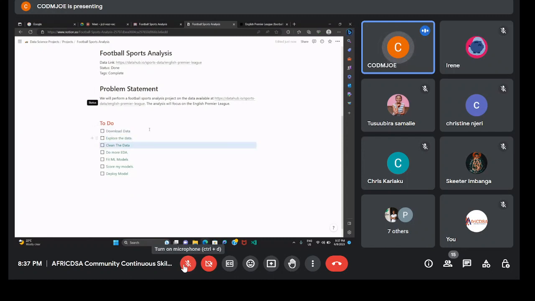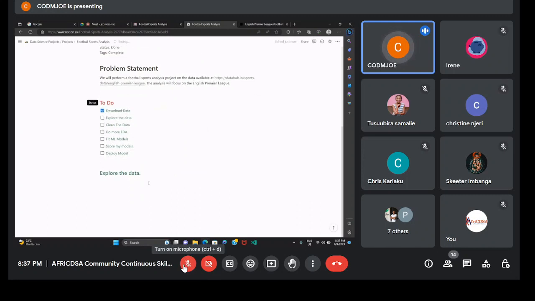So let's assume I've already downloaded the data. So I'll mark that. Then I'll come here and start the data exploration part. So I'll have my heading 2, then I'll start my data exploration part. So here I can say that with the data